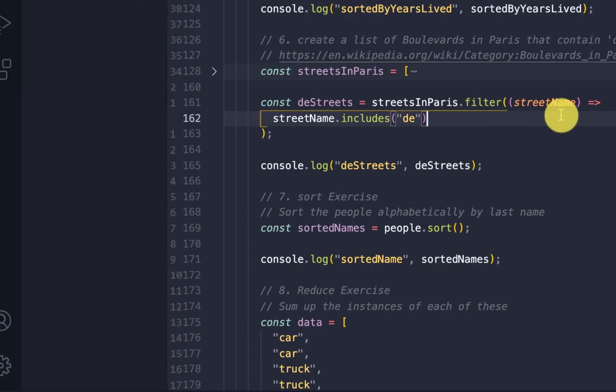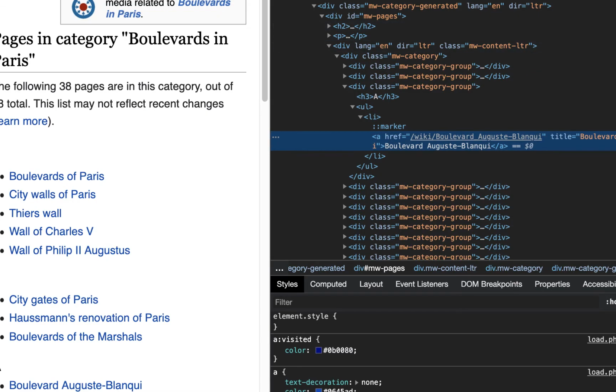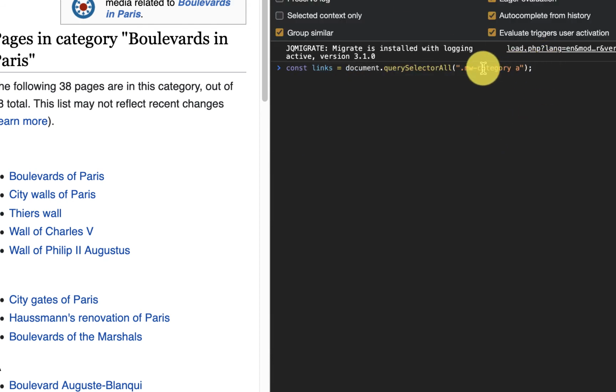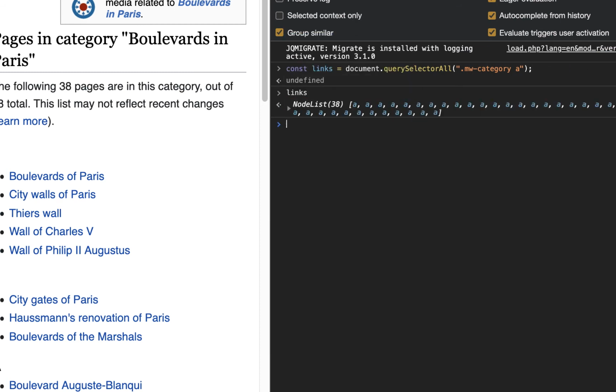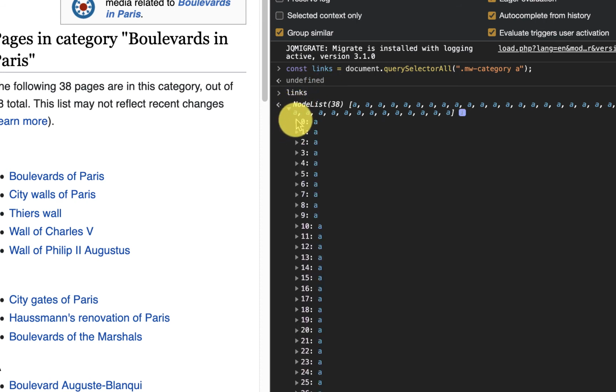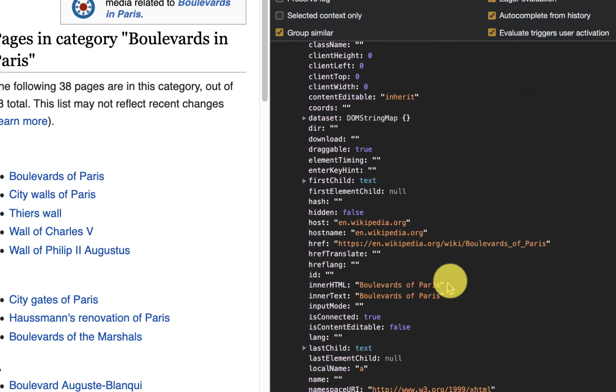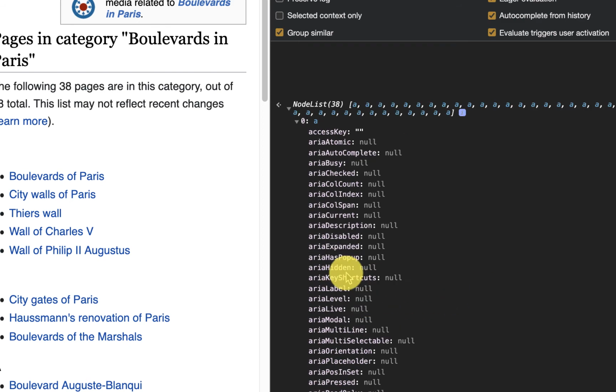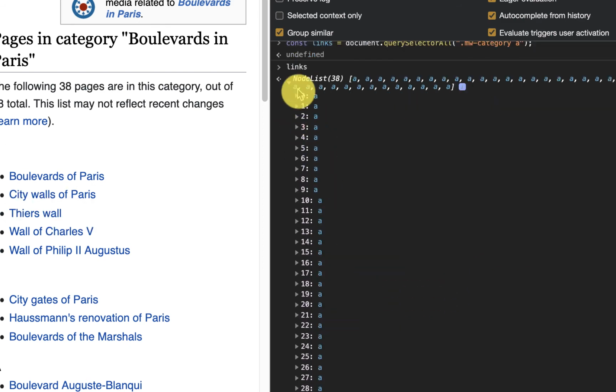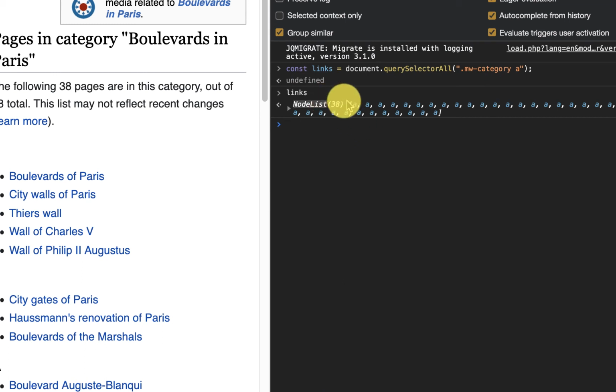So what we can do is grab these A tags by going to the console and selecting the category and then all the A descendant tags of that. We're going to put that in a variable called links, and it's actually going to be a node list. If I say links, you'll see it's a node list of all of our A's. If we scroll down, we can see innerText is the string we want. But it's a node list. You can use forEach on a node list, or we can just convert it to an array. So I'm just going to say Array.from(links), and then we're going to